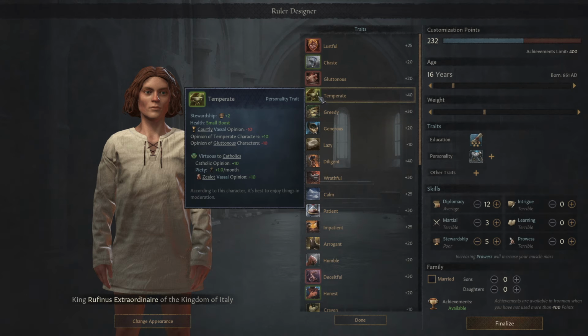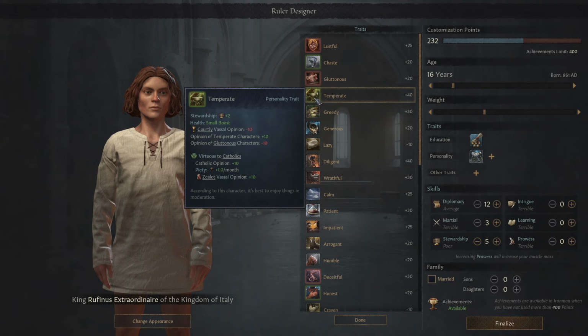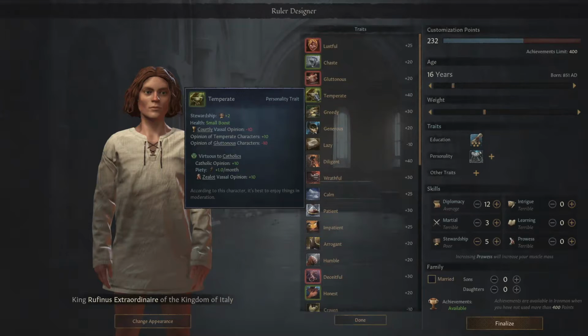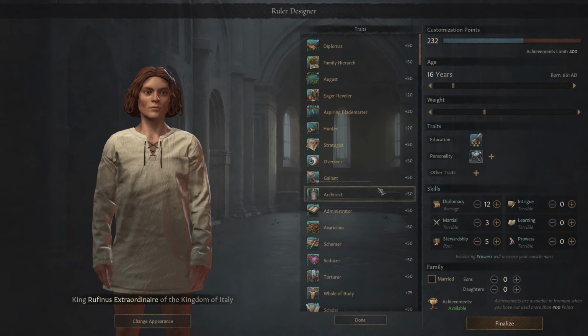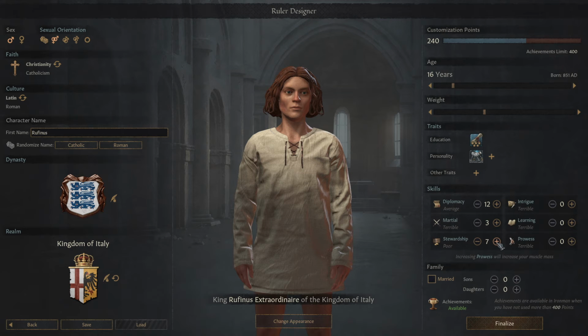This means that it can sometimes be more efficient to just get things like these points and other things from these different traits if they're not too expensive, for example. It's also good to pick up things that might be virtuous to whatever religion you have picked as well. Even things like health boosts can be found here and among the other traits. But I could also just assign points manually, looking at how much everything costs and finding that break-even point.